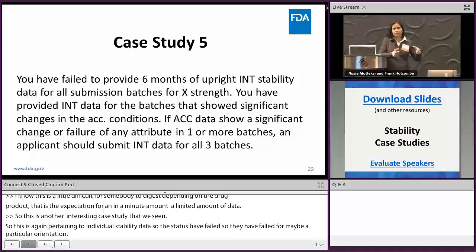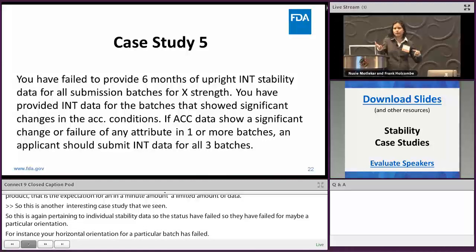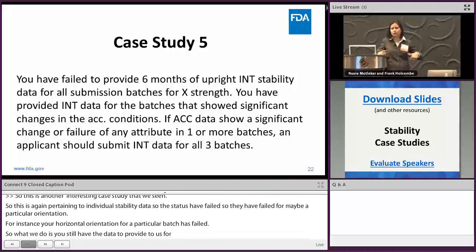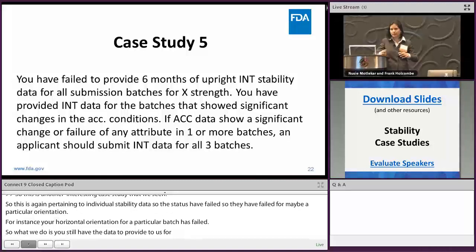So you still have good data to provide us for your upright orientation. So you go ahead and provide us with the passing stability data, and to replace the failed horizontal orientation stability table, you just provide us with the intermediate stability data instead, hoping that it will supplement and replace the